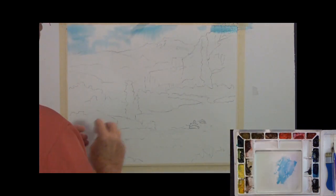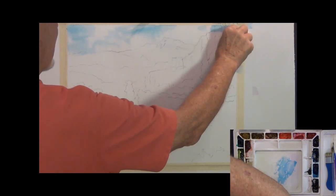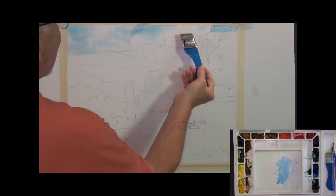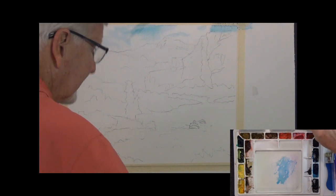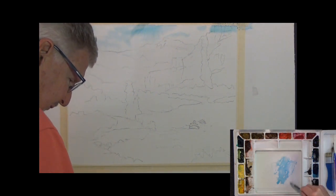And it's running down into my mountains, but that's okay. These mountains over here are really dark, nice brown, so leave that sky color back there and add some more in down here, and pretty much that's the sky. I may come back and put in a little bit of this neutral tint here,